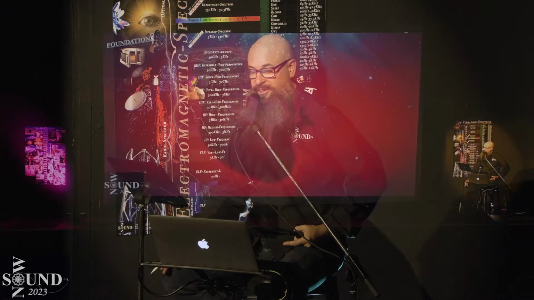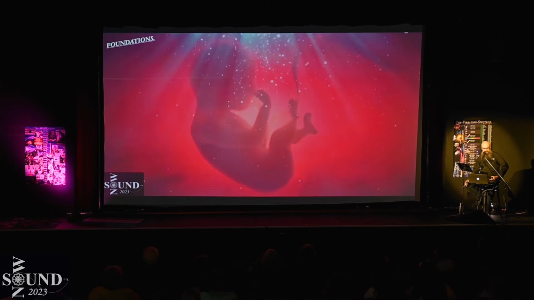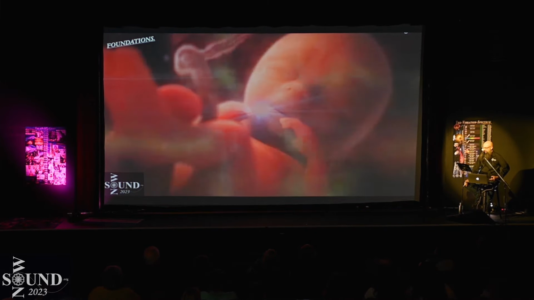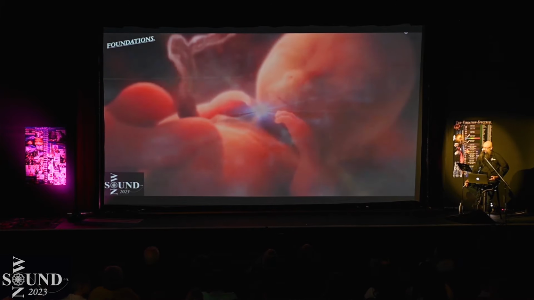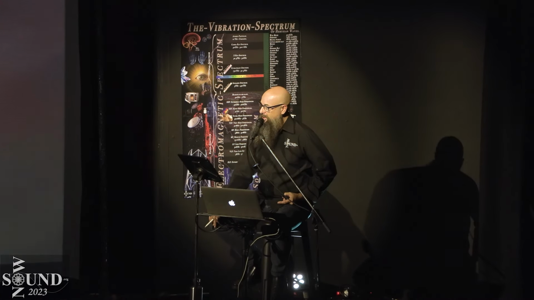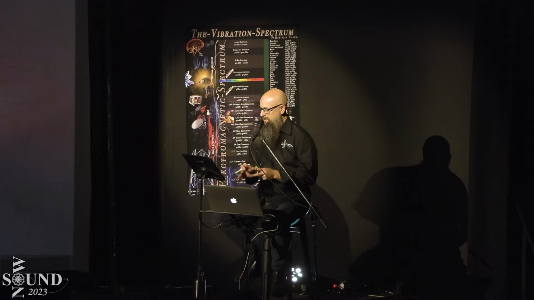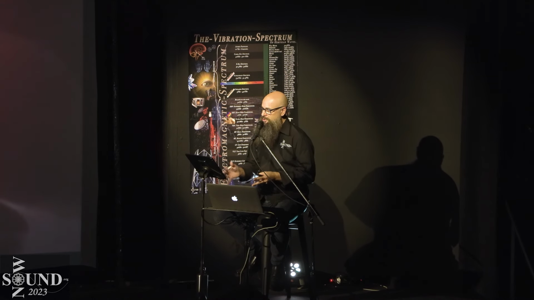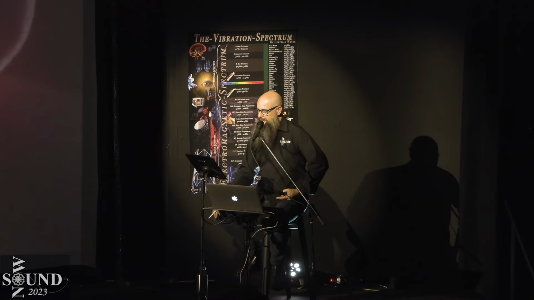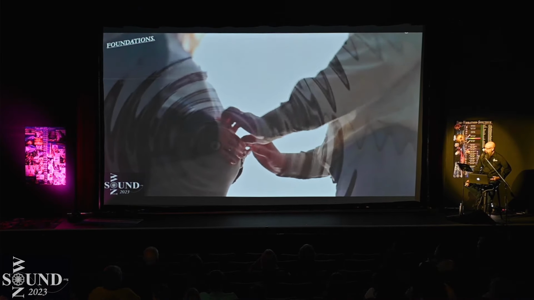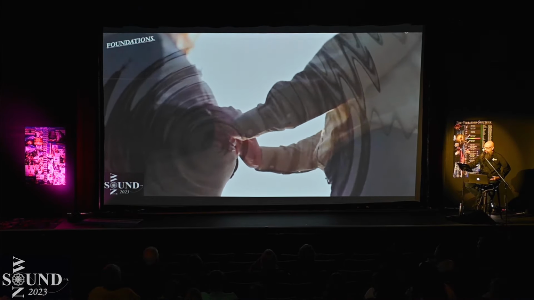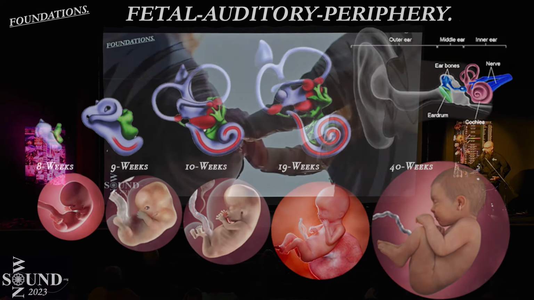So our gestation is immersed in sound and vibration, and basically the first thing the baby will hear is the heartbeat of the mother, and the first organ that is produced in our body is the heart. It's pulsing by only week 6. And we don't think about our organs that they function, but they also create energy, and the heart creates an electromagnetic field, which we will be looking at in quite detail in session 2. And that field is very, very powerful.